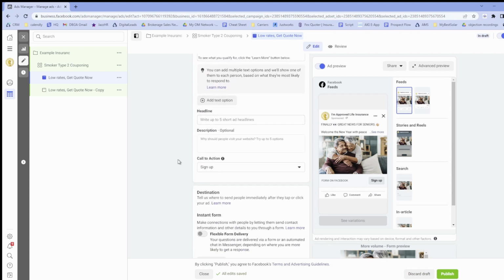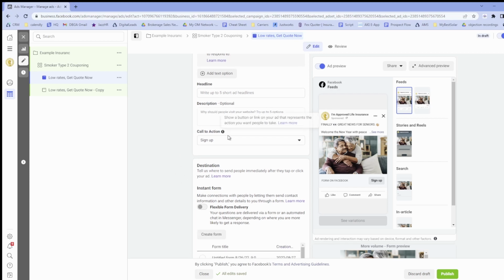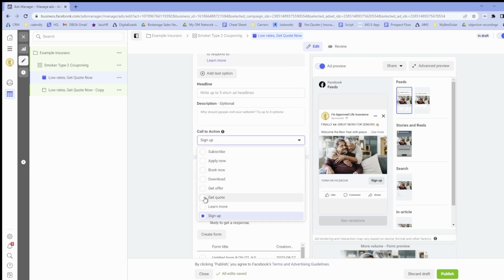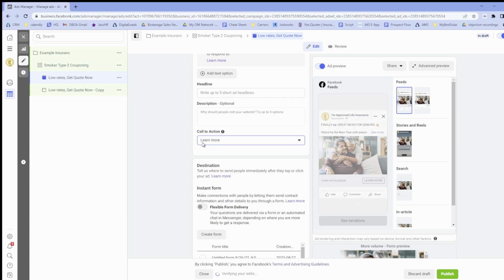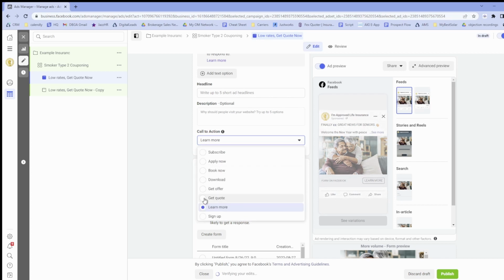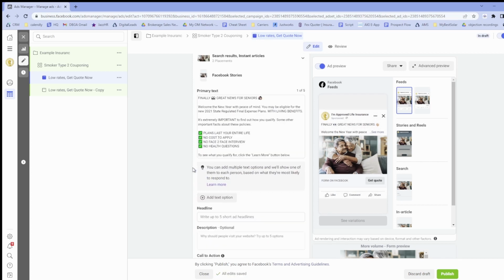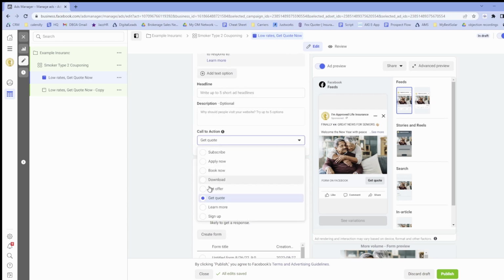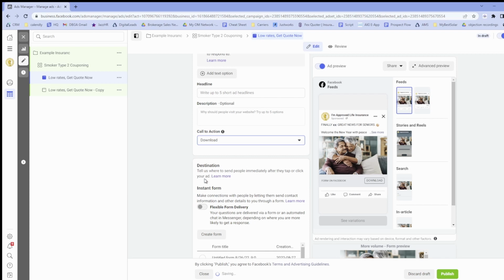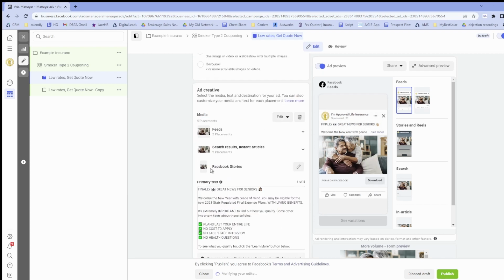So how do we get that button? This is the call to action portion. So we're going to click and find learn more. Maybe you want get quote, right? Here's an idea that I'm winging it, but maybe they want a free funeral planning guide. So you can have it as a download, and that gives you their opt-in with name and email. Maybe you put get offer for that, right? I'd probably choose download now,